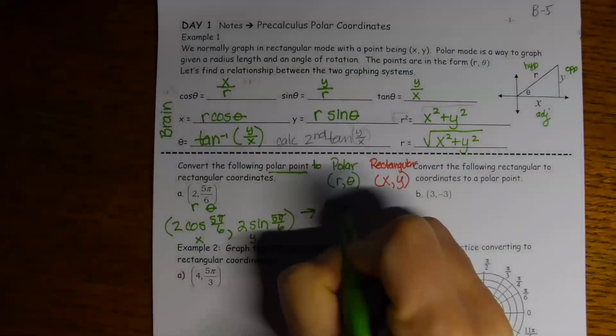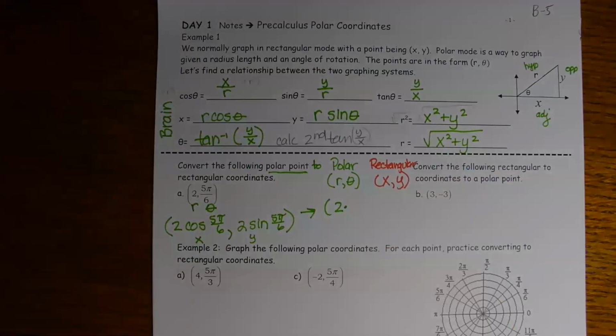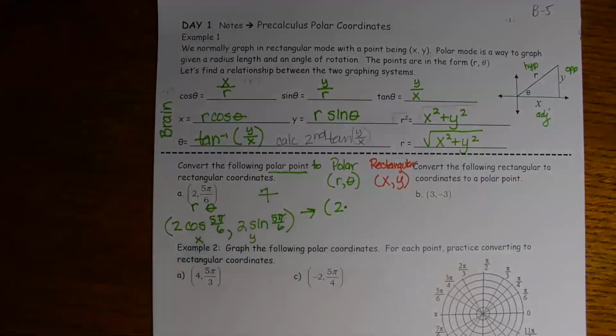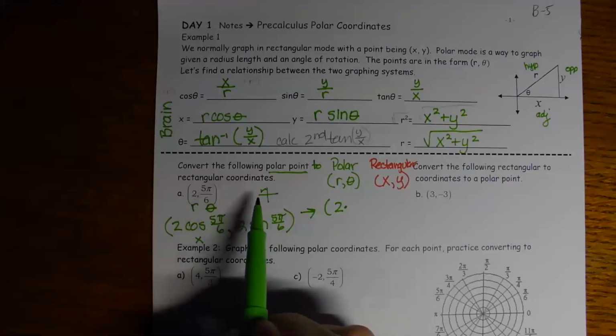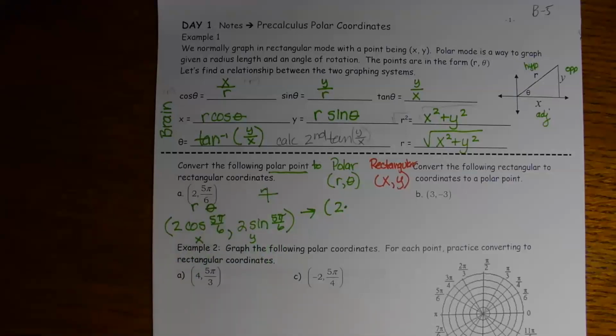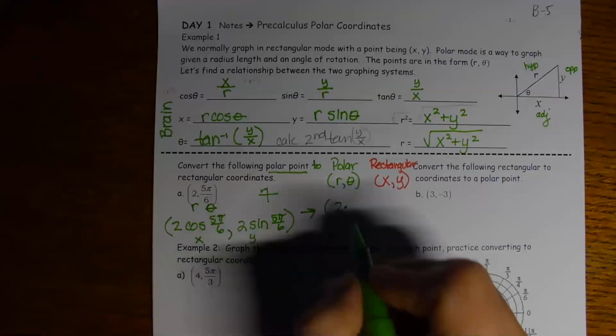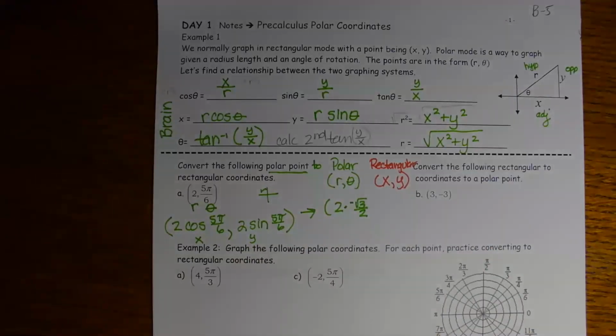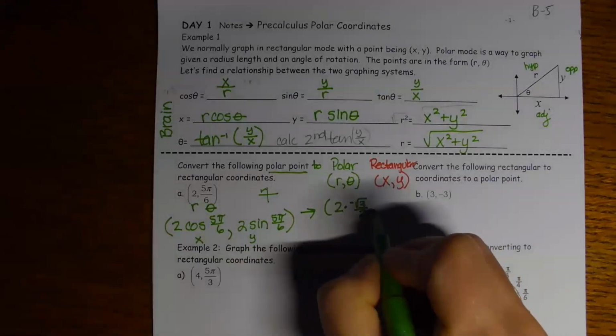And that's going to be 2 times, what's cosine of 5 pi over 6? Well, 5 pi over 6, the number for cosine is the square root of 3 over 2, right? Because it's a 6. And 5 pi over 6 is up here in that quadrant. 6 over 6 would be all the way here. So if the top is smaller than the bottom, we're in the top. So what sign does cosine have up there? It's negative, right? So that's negative square root of 3 over 2. That part you're going to have to know. Comma,